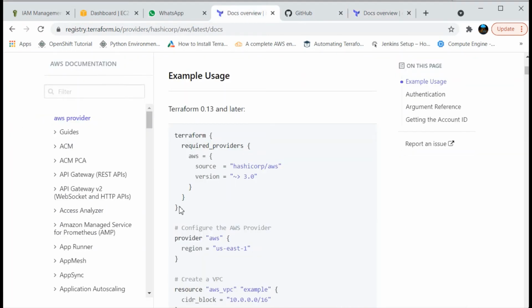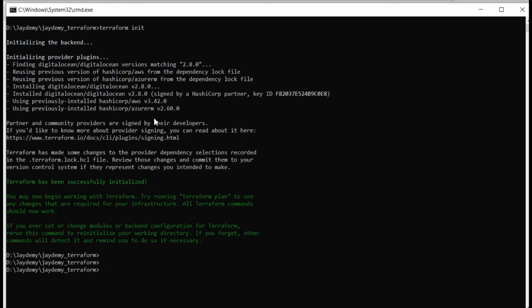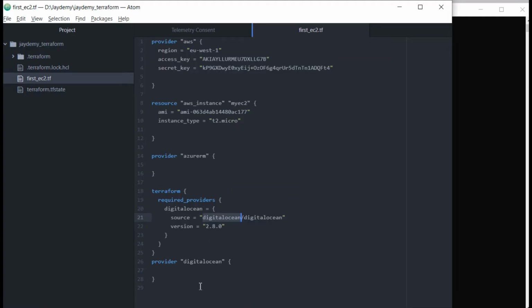So make it a practice: whether you are using a HashiCorp maintained or non-HashiCorp maintained provider, use a required providers section in your configuration file. It will be good practice, and one good idea if you are moving into non-HashiCorp maintained providers also. See, it is successfully installed now. So I think you got a very clear understanding of why we need to use terraform required providers.